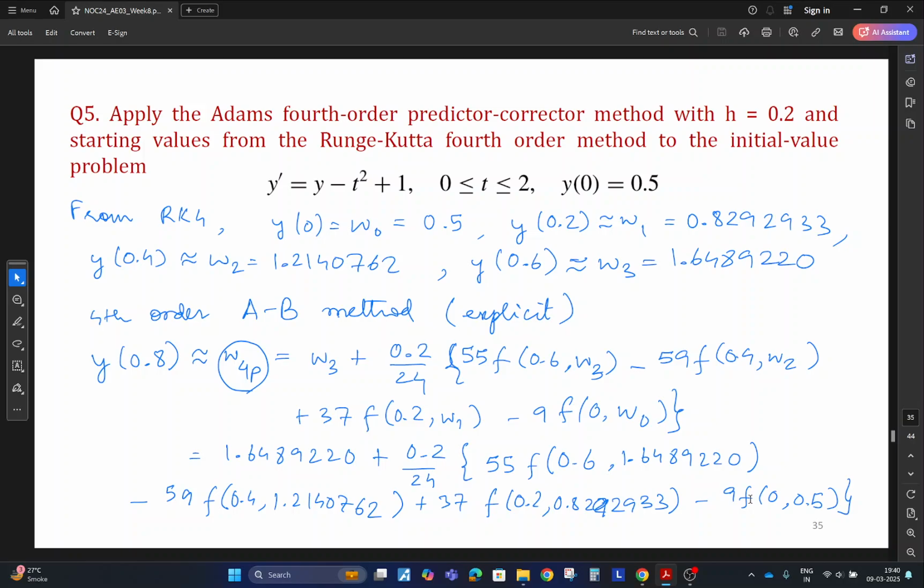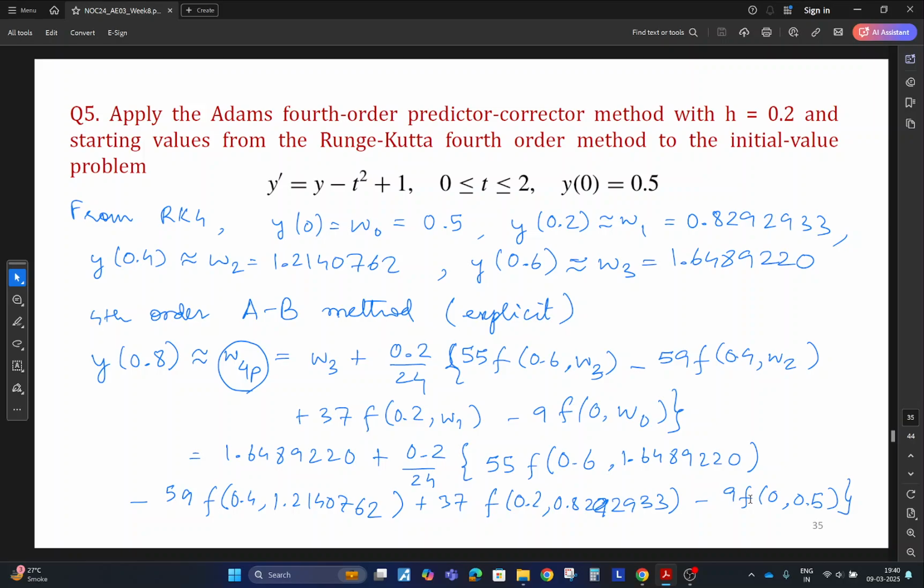Now we use the fourth order predictor corrector method, and the first step is to predict the value of y at the next time step using the explicit scheme. This is approximately equal to W4P, where P stands for predicted, equals W3 plus 0.2 by 24 times 55 times the value of the function at 0.6 comma W3 minus 59 times value of the function at 0.4 comma W2 plus 37 times value of function at 0.2 comma W1 minus 9 times the value of the function at 0 comma W0, which comes out to be